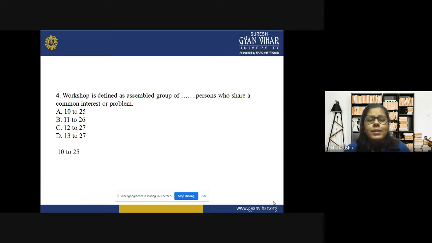Workshop is defined as an assembled group of dash persons who share a common interest or problem. Now, when you are forming a group for a particular workshop, how many people should be there? And the selection of the participants should be based on that they should have a common interest, or they should have some common problem. Now the options are: A. 10 to 25, B. 11 to 26, C. 12 to 27, or D. 13 to 27. So the correct answer is option A, that is 10 to 25